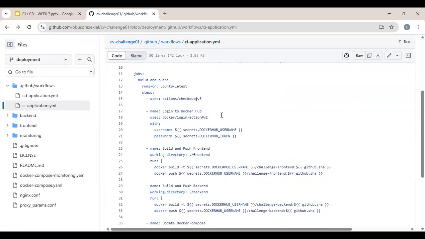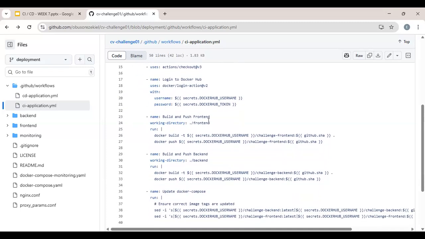One good thing about Docker login, unlike in a normal traditional server, where you have to first of all install Docker on the server, and after installing Docker you now do Docker login. This particular action alone has automated that installation for you. All you need to do now is log in. So once you put the username and password, this particular setup will log into Docker in your runner, on your GitHub runner.